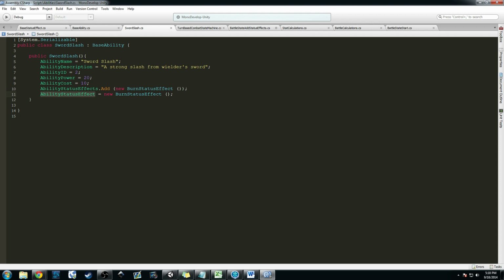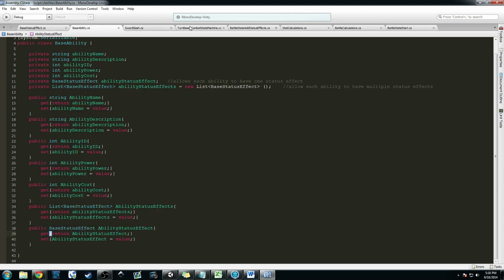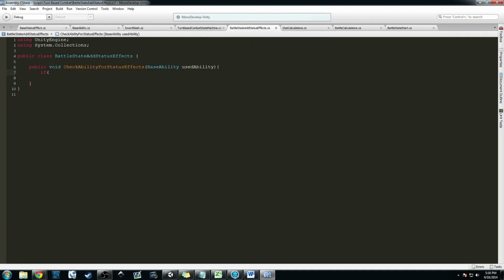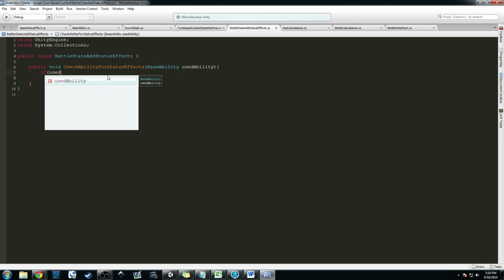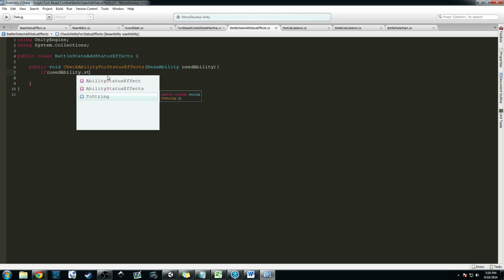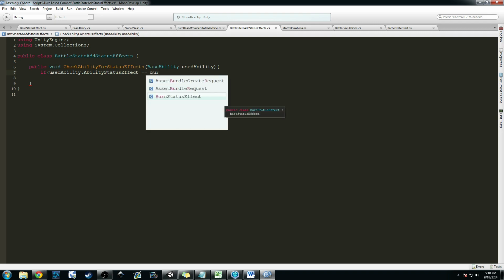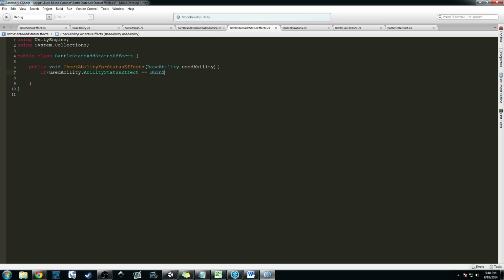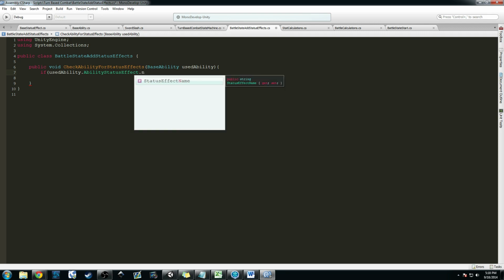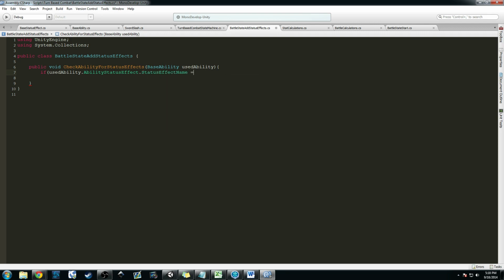I went ahead and added a burn status effect to our sword slash. In our battle state add status effects, I'm going to do the used ability dot status effect, right? Not the plural, status effect. We're going to say if that's equal to a burn status effect, I think we'll get the status effect name. If that's equal to, we know it should be burn, right? Like that. So if this ability has this, we'll do a debug statement that says